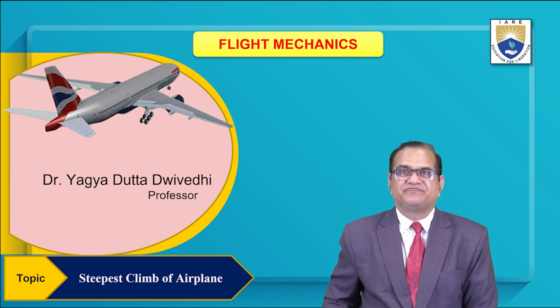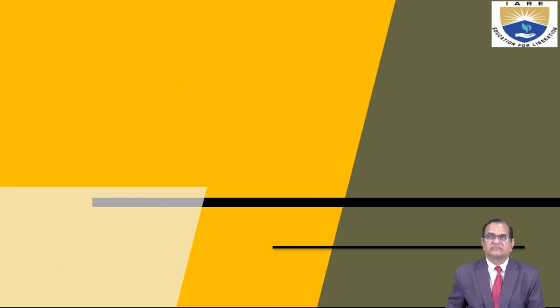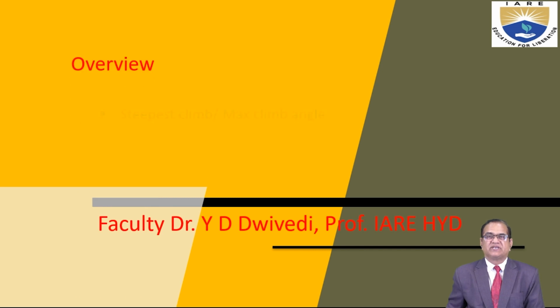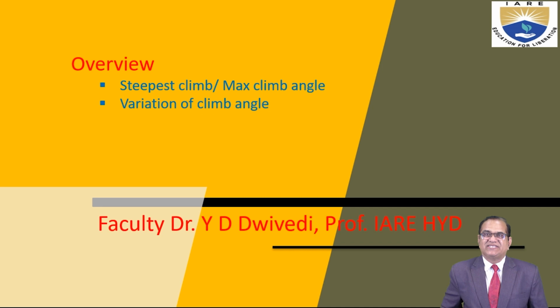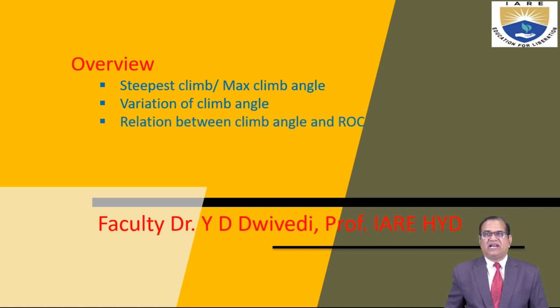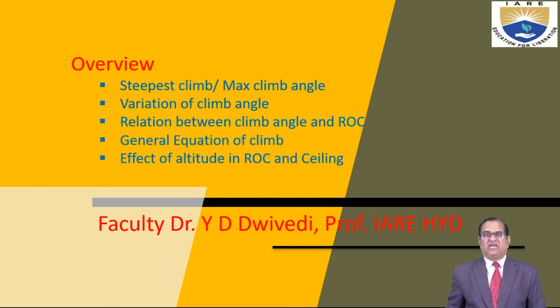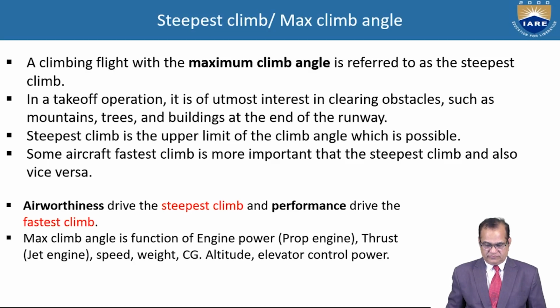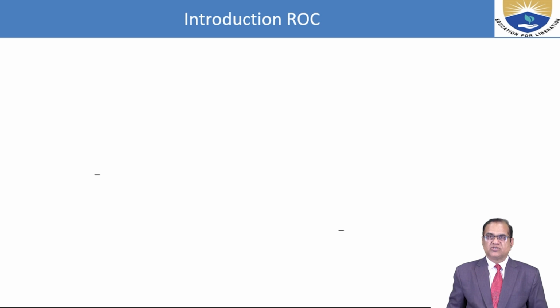This covers the following topics: steepest climb, that is maximum climb angle, variation of climb angle, relation between climb angle and the rate of climb, general equation of climb, effect of altitude on rate of climb, and ceiling. So here we have already discussed the rate of climb. So this rate of climb means,